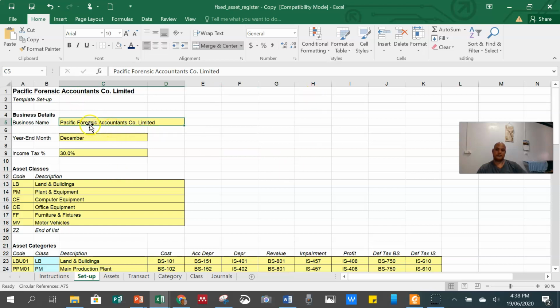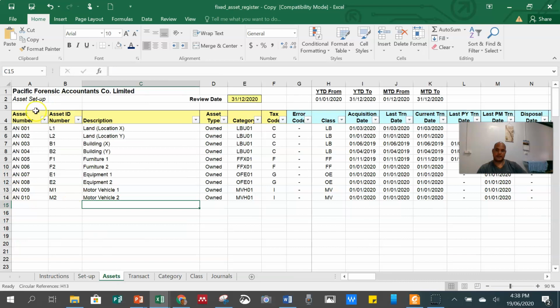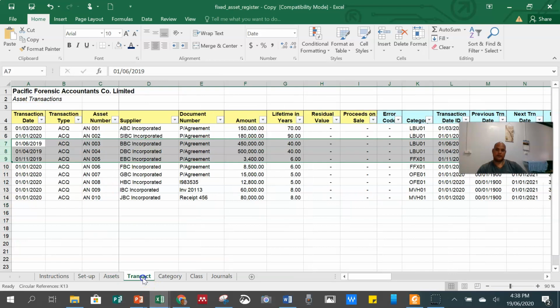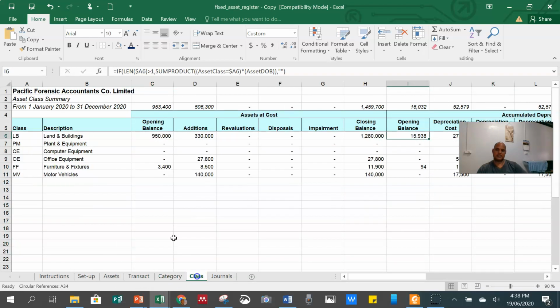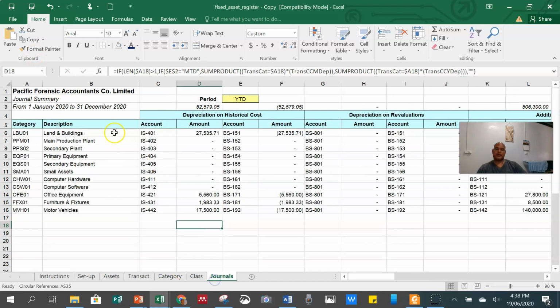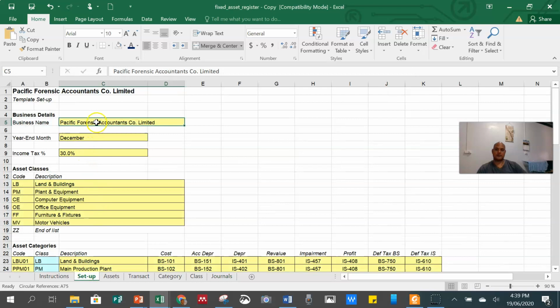So forensic accountants, if I put here, specific forensic accountants would also appear here. And if you click into this one, asset, it also appears here. If you click onto all these spreadsheets, it's appearing there. Now, you don't need to change everything here. You actually go to the setup and type, for example, X Partnership Limited.